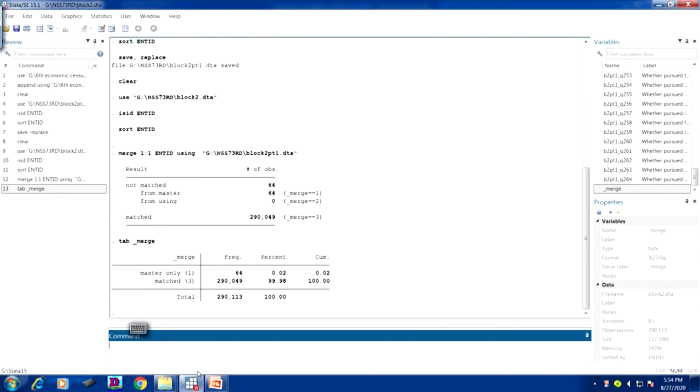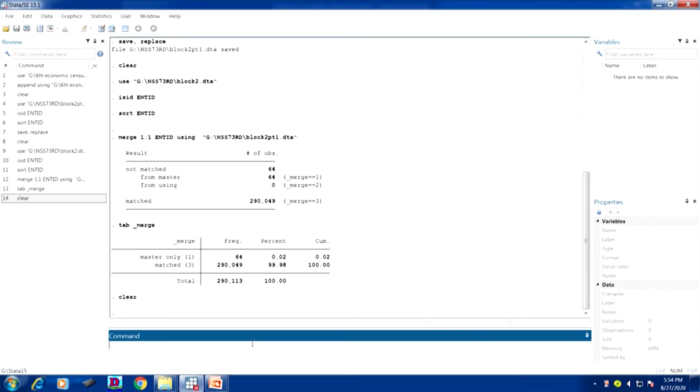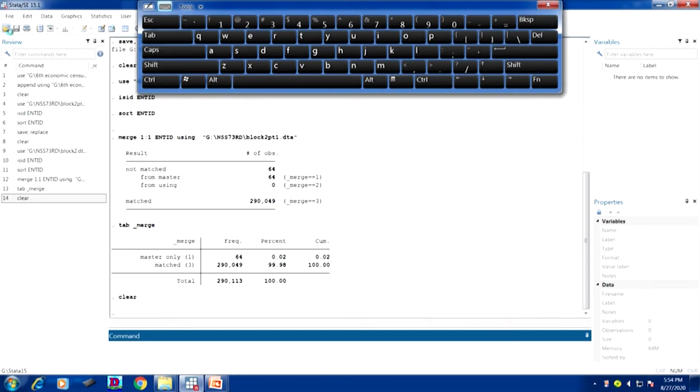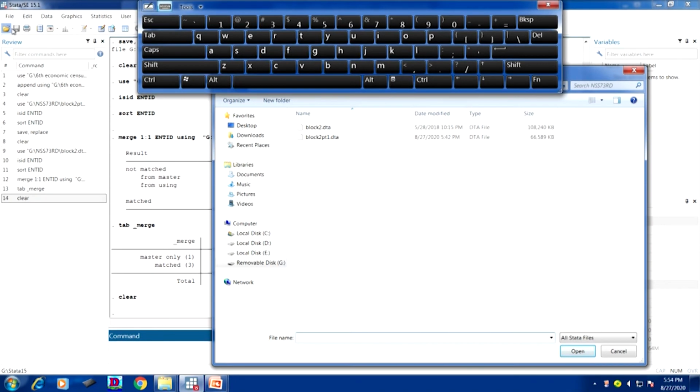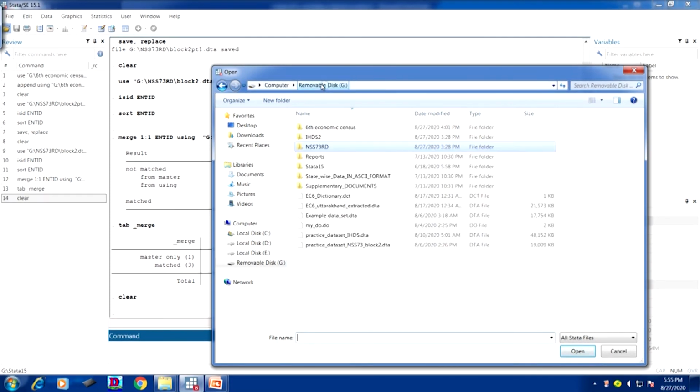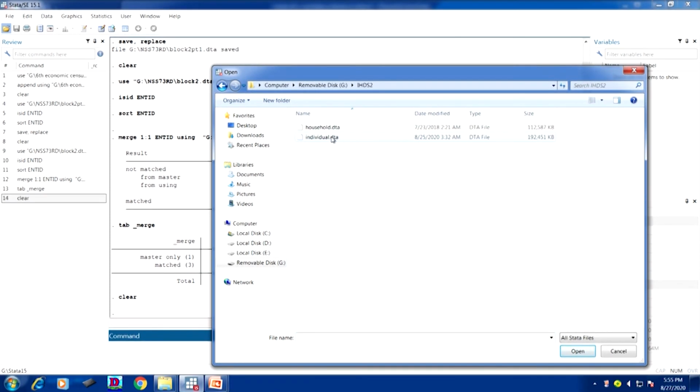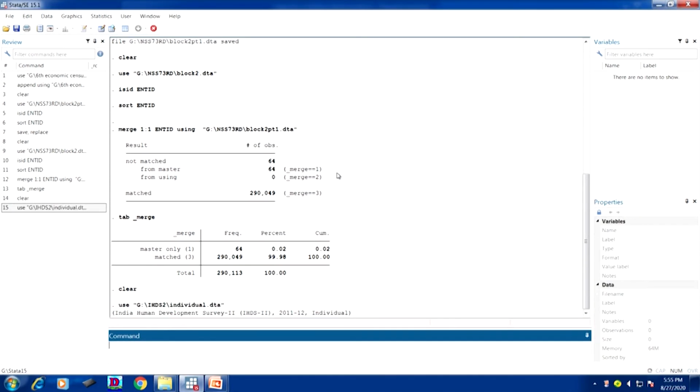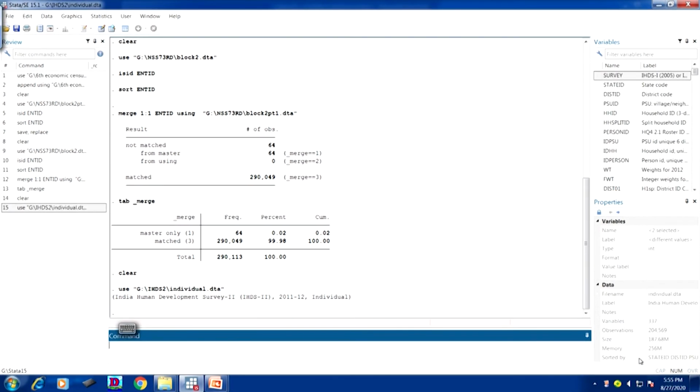I will open it now, but first we have to clear this. If you clear it, it clears the earlier saved data. Now your window is free to import the fresh data set, that is ISDS 2. First I will open the individual data set before you. It is taking a little time. It is still searching, do not worry about it not opening, it takes its own time.